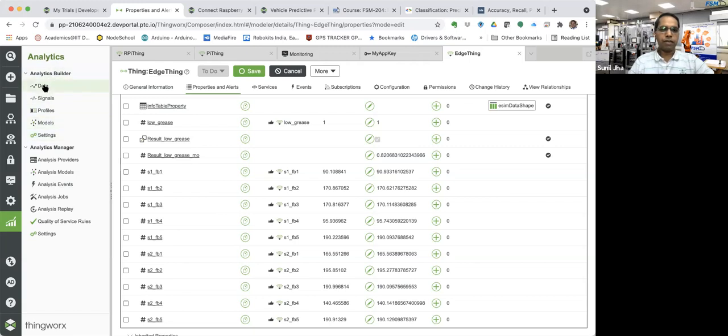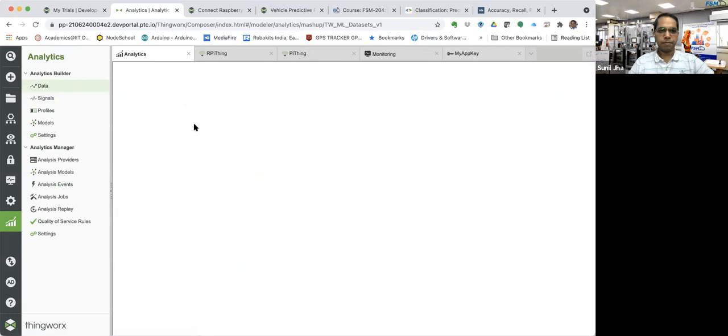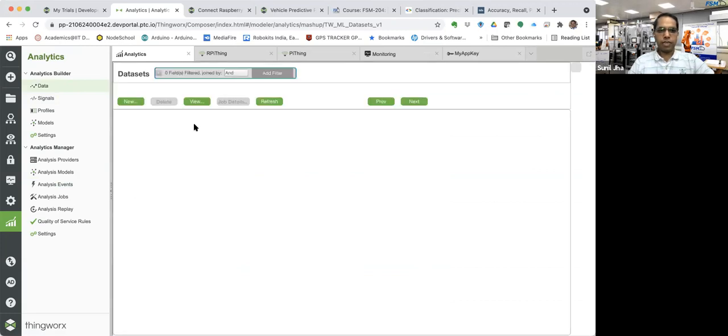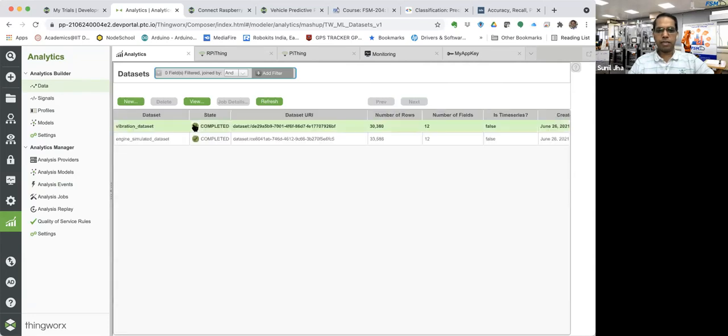We'll start with the first step, which is the data. This is the data that you will be using for training now. You will be training your model with this Excel file that I have given to you.